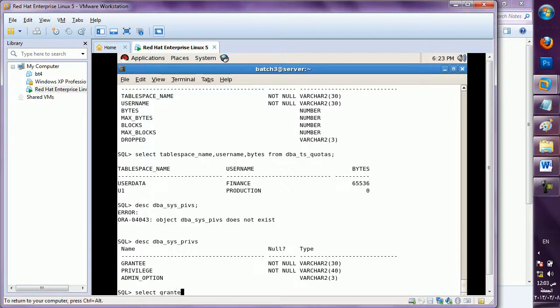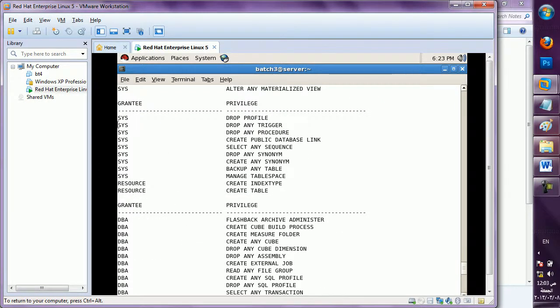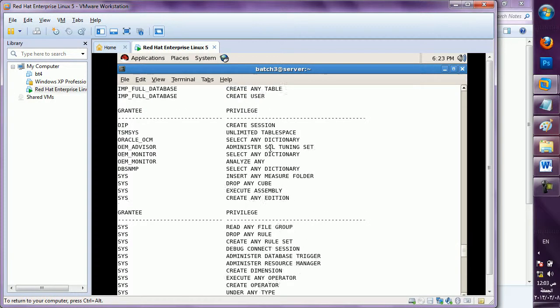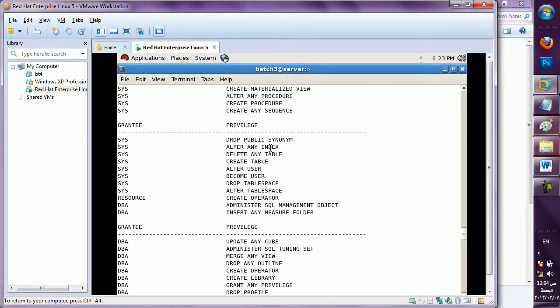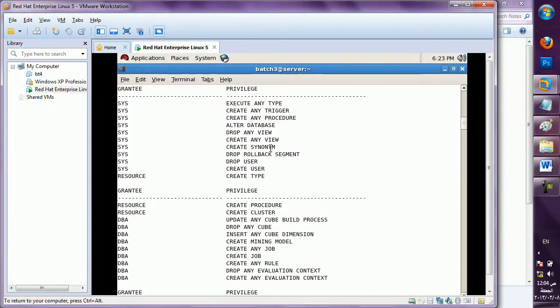You can check it here: select grantee, privilege from dba_sys_privs. See, grantee, sys privilege, drop profile; these are system privileges, and some are table level privileges.